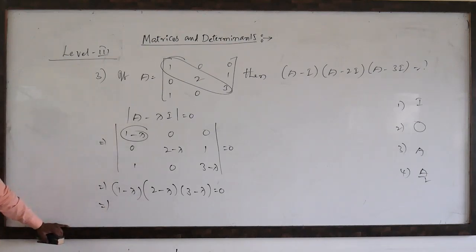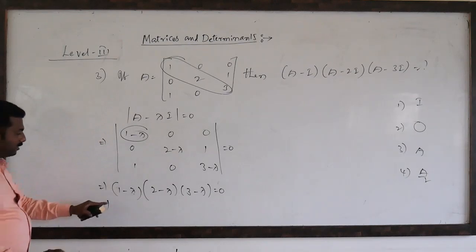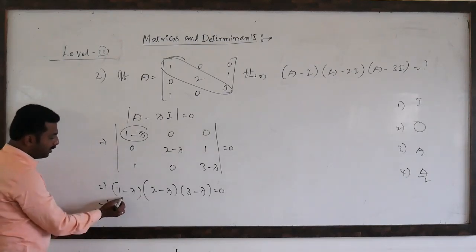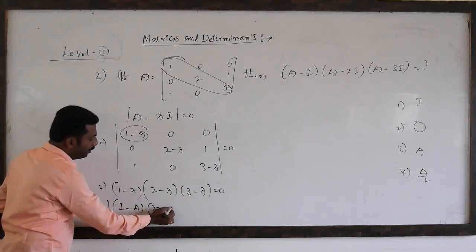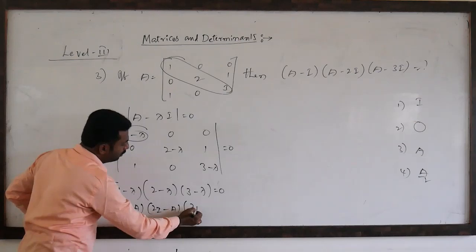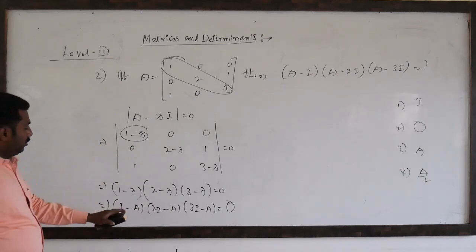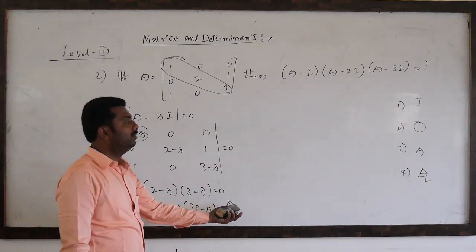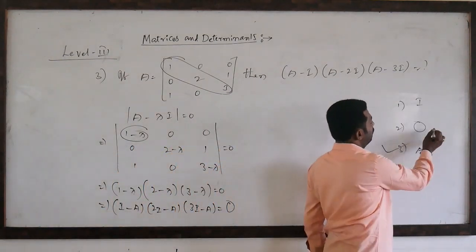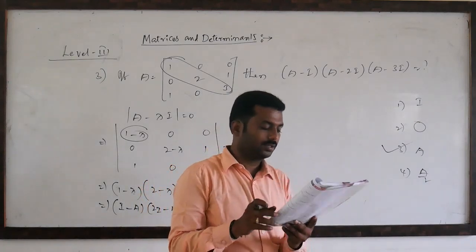So what does Cayley-Hamilton's theorem say? Every square matrix satisfies its characteristic equation. Means wherever lambda is there, A we can replace. Here no lambda means I we have to write. Means A minus I. Here 2 is there, 2I; A minus 2I. 3 is there, 3I; A minus 3I equal to null matrix. So which is the option? This is the correct option. Next step.